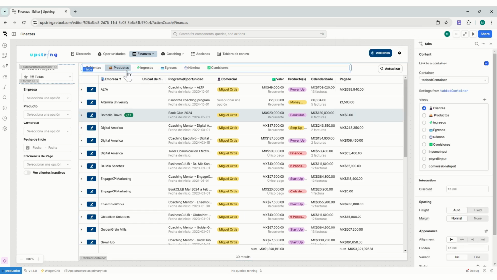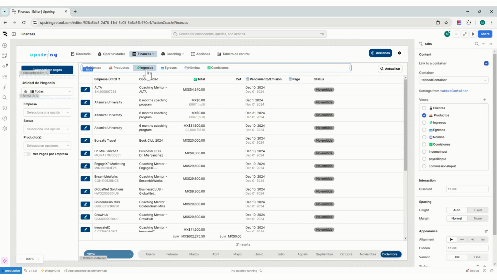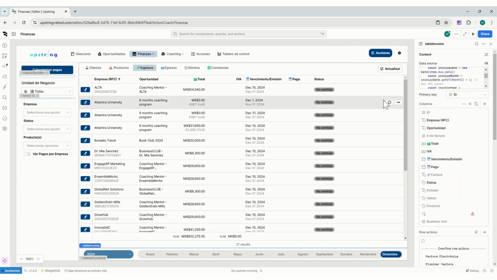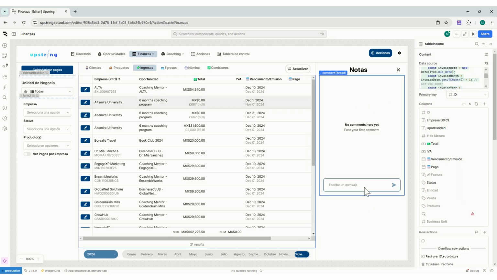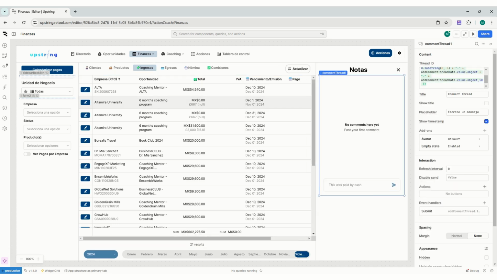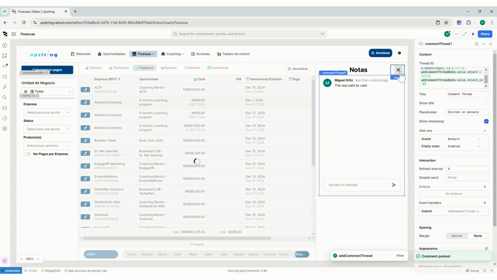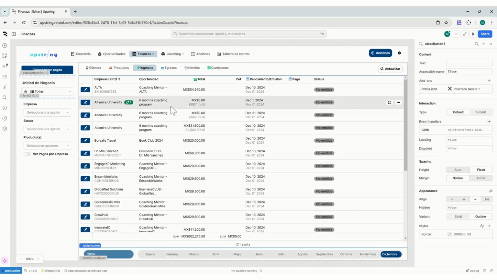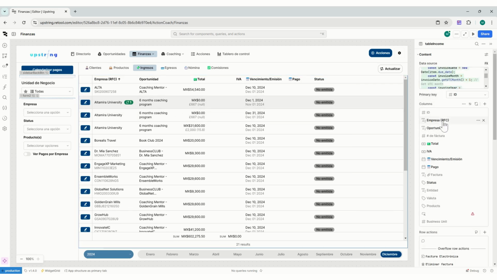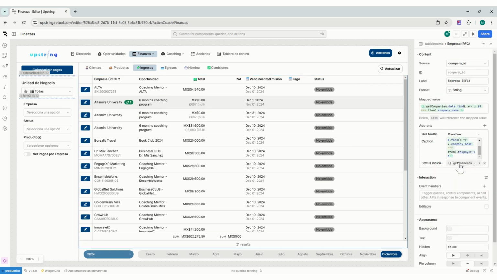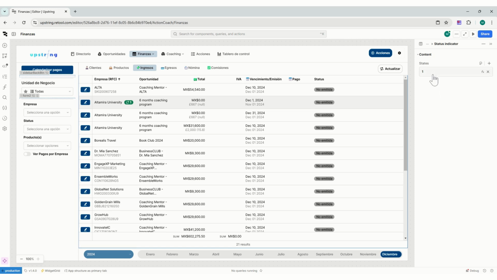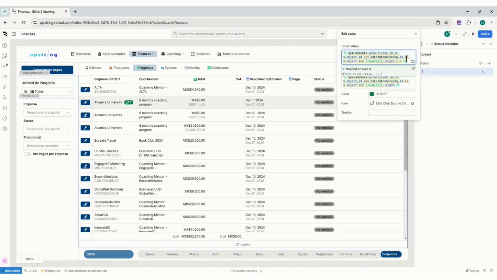So the same thing goes if I go here to products. Oh, in products I didn't add it. But if I here go to income, and I will just say this was paid by cash, right? So now that triggers the insert comment, and also it will trigger the get comments. So here, if I go to the company and then I will get the status indicator, you will see again, it's searching for the object ID, which is the actual record ID for this one. In this case will be